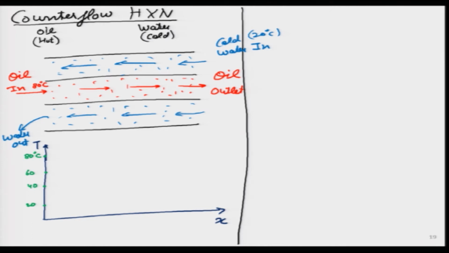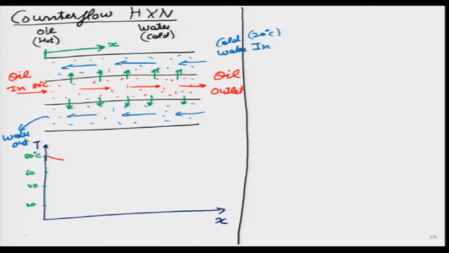So, I will put the x axis as well. So, this is where x is equal to 0 and x is positive in the right hand side direction. Oil enters at 80 degree at x equals to 0. So, let me show that the temperature is going to drop like this. Why? Because oil is going to lose heat on all sides to water over here. So, its temperature is going to dip as it is moving forward inside the pipe in the positive x direction. I think that is pretty clear.